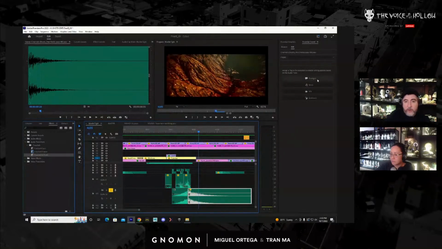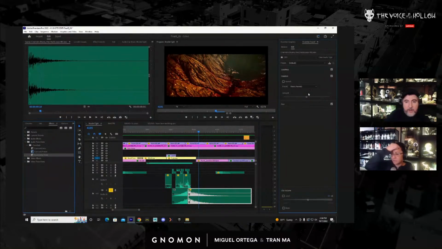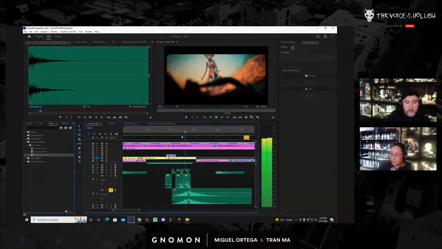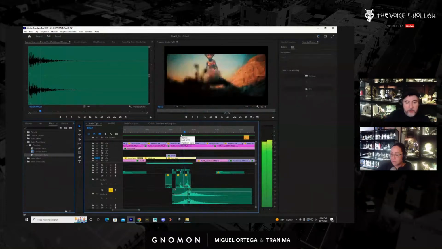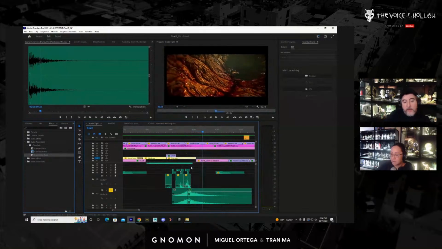Okay, and again, I could go into Essential Sound, go to Special Effects, go to Heavy Reverb, bring up the amount, bring the volume up a little bit. So it's adding that kind of effect in there. So you can see, really cool.